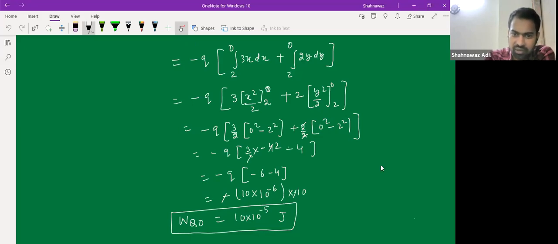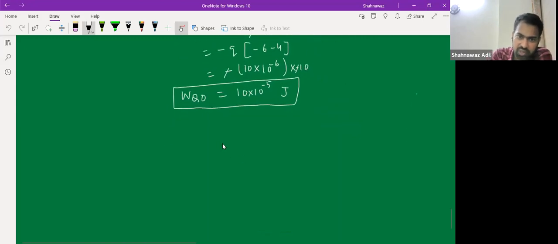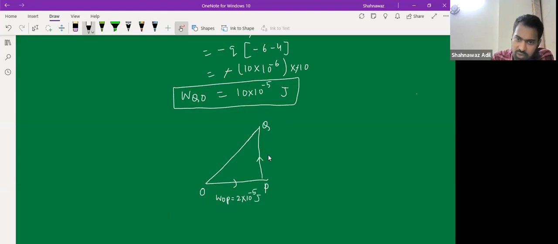Okay, so now we have calculated. So this was 0, 0. Let me write this as, this was O, this was P, this was Q. So going from O to P, work done was, I guess, 2 into 10 to the power minus 5 joule. Right. And going from P to Q, this was 8 into 10 to the power minus 5 joule. And going from Q to O,